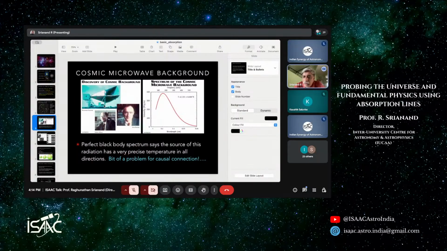So clearly this is a point. By the way, this is one of the best measured black body radiations in nature, because this spectrum fits perfectly to the definition of what we call black body radiation. What is black body radiation? We understand that black body radiation means matter and radiation are in some sort of equilibrium. Crudely speaking, this is a place where the existence of E equal to mc square can be proved, in the sense that matter strongly interacts with radiation. Matter absorbs radiation, emits radiation. This interaction is in some sort of equilibrium.